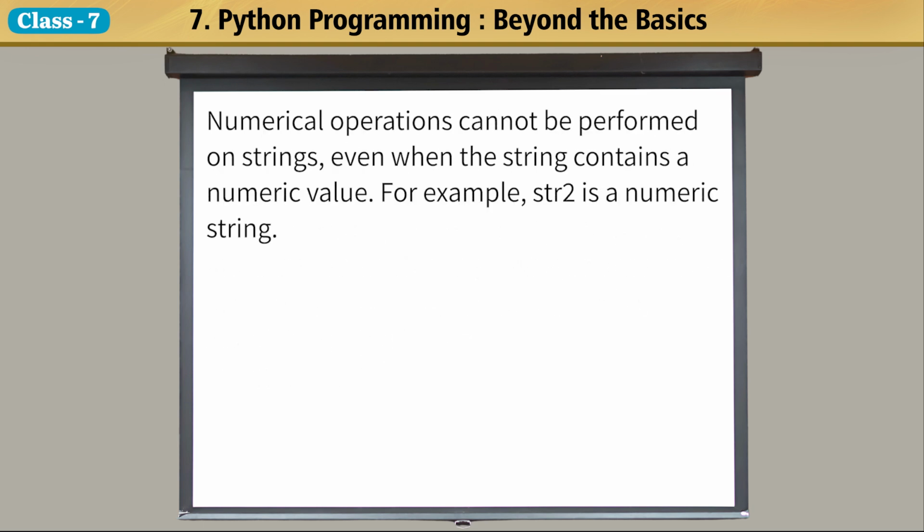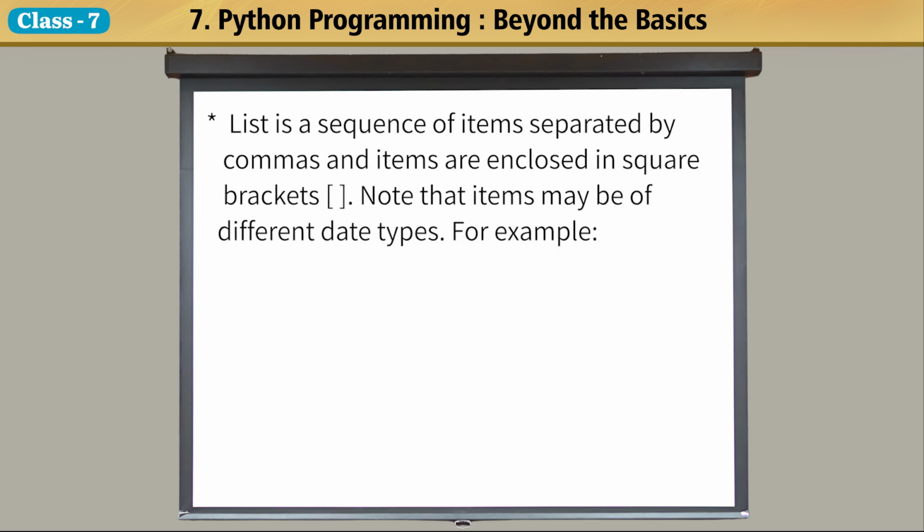numerical operations cannot be performed on strings even when the string contains a numeric value. For example, str2 is a numeric string. List is a sequence of items separated by commas and items are enclosed in square brackets. Note that items may be of different data types. For example,